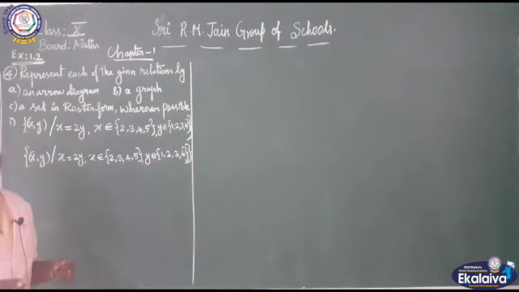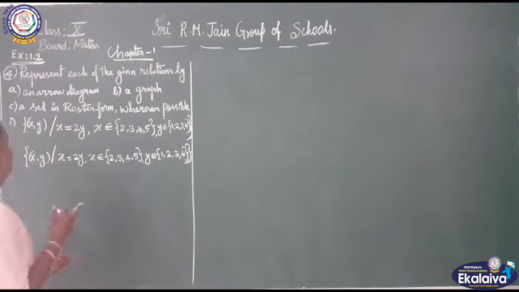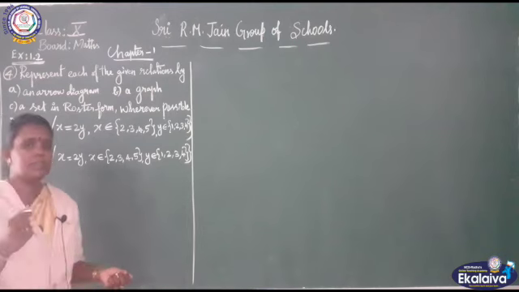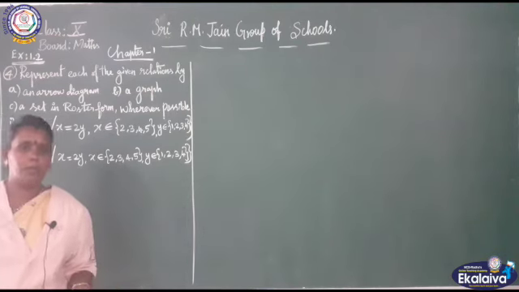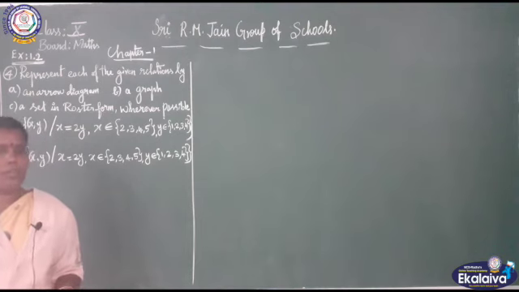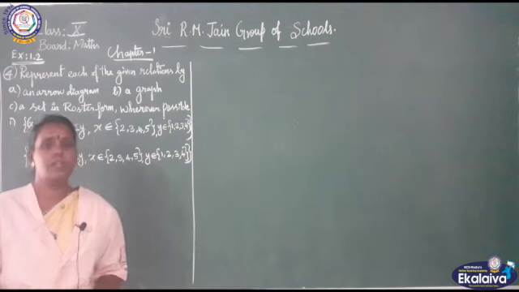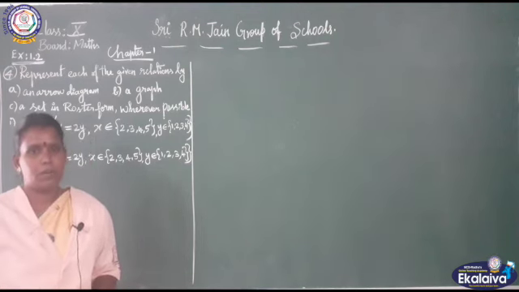First we have to get the relation. After getting that relation, it has to be represented in 3 parts. One is the arrow diagram, second one is the graph, third one is the set in ordered pairs, that means roster form. So, already I explained that a relation can be expressed in 2 ways. One is algebraically, another one is visually, am I right?